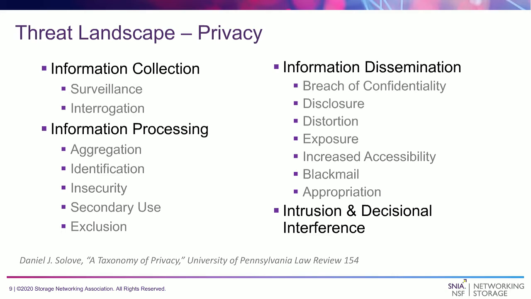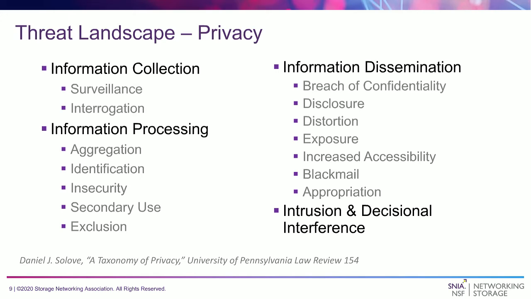The next one is identification, which is connecting information that an organization might have to a particular individual. Insecurity is kind of obvious what it is. Secondary use is you thought you were giving data for maybe your hospital records, but then they're selling it to a drug company, and you're probably not going to be happy about that. And then exclusion is basically denying an individual's knowledge or participation in what is being done about his or her information. So you're not being clued into how your information is being exploited.